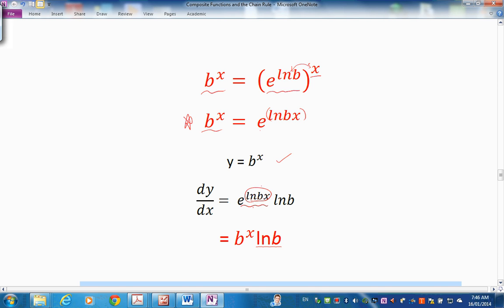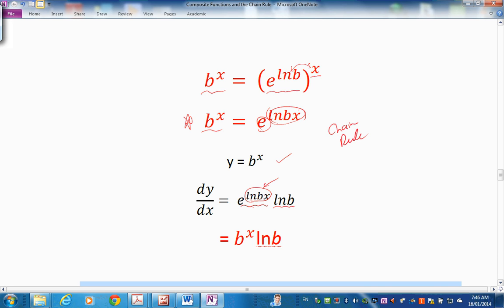And then we multiply by the derivative of this. ln b is a constant. It's a power of x, so the derivative of ln b x is ln b. Now you know why we've had to wait, because we needed the chain rule to be able to attack this